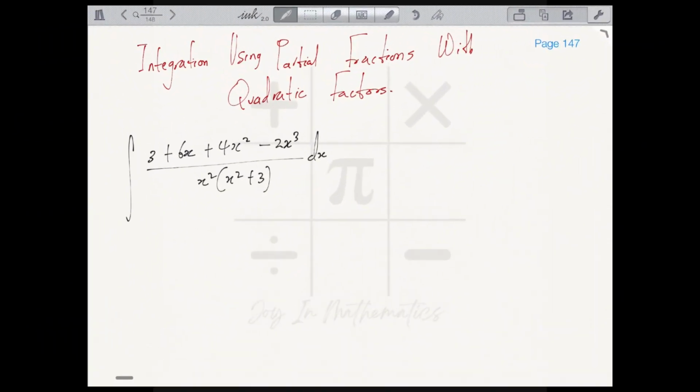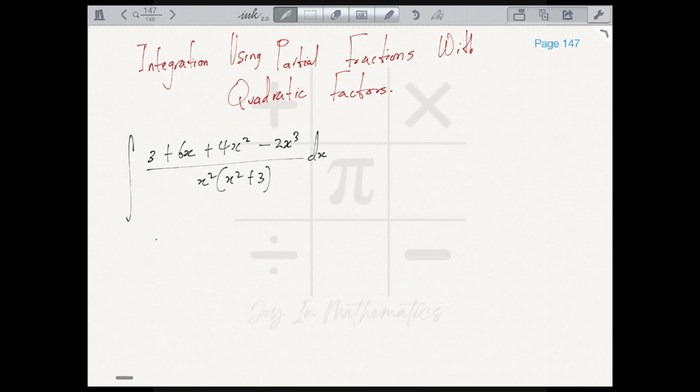Integration using partial fractions with quadratic factors. We have the question of (3 + 6x + 4x² − 2x³) divided by x²(x² + 3), integrated with respect to x. And now when this is resolved into partial fractions,